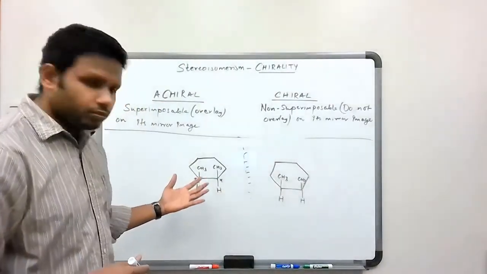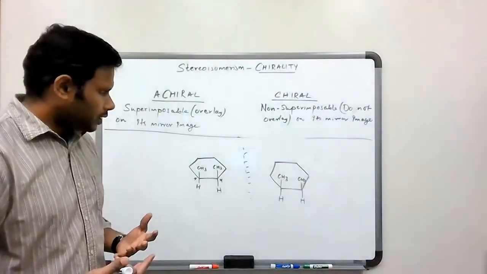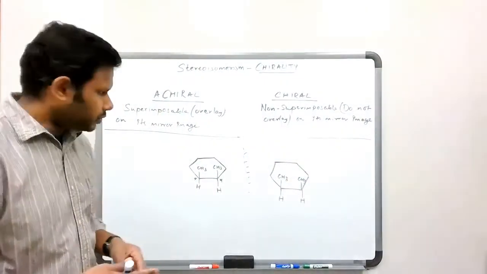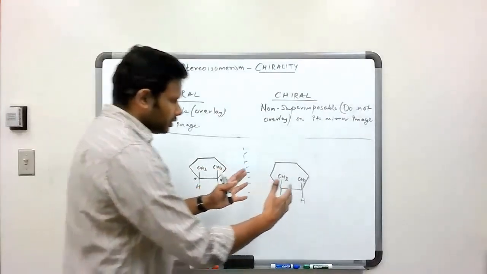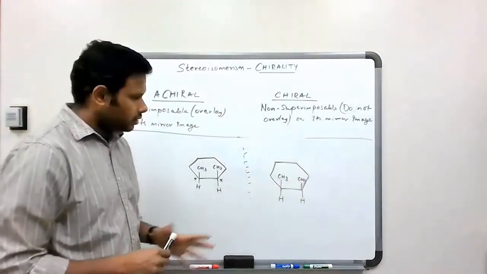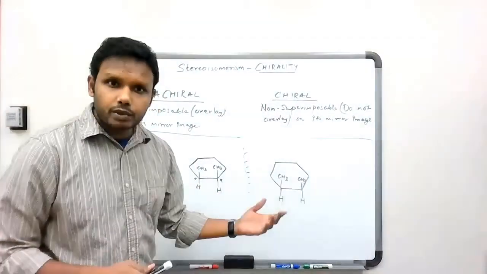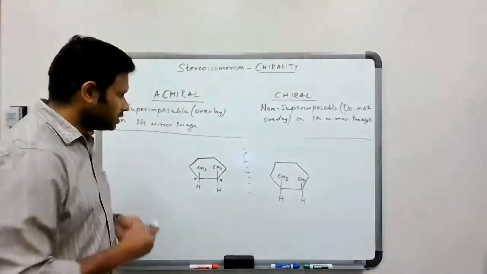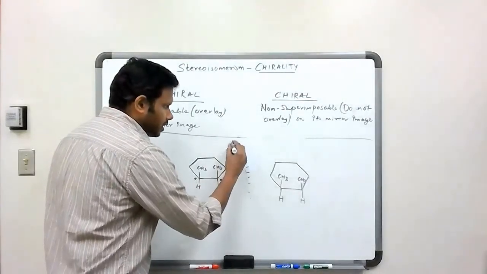Are they superimposable or non-superimposable? I would say they are superimposable, because if I take this molecule out and then put it on there, they would overlap. So these would be superimposable on each other, which means this is